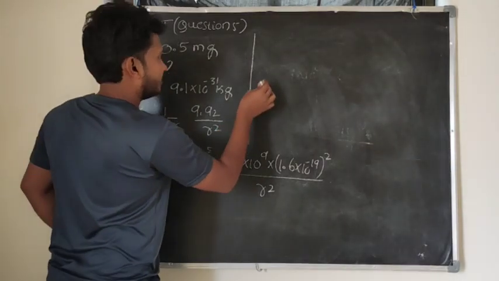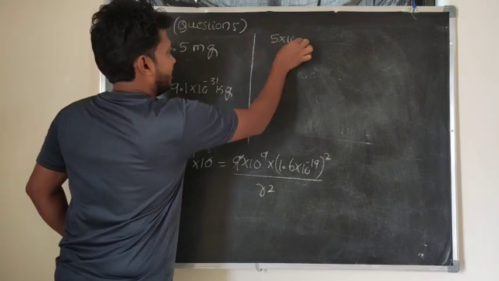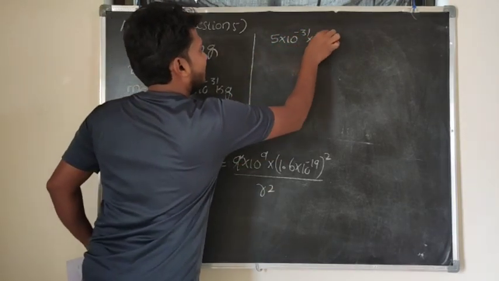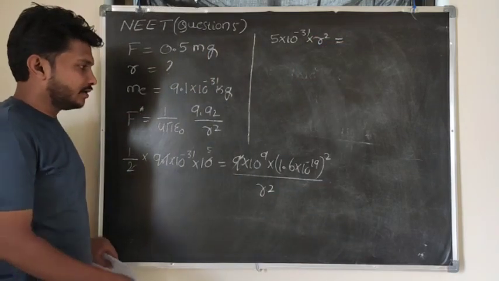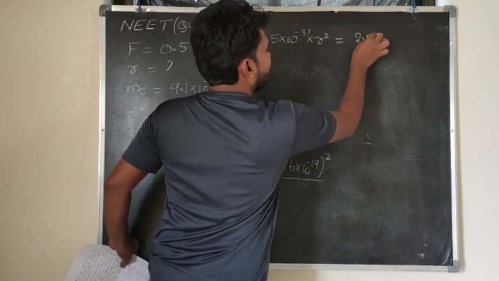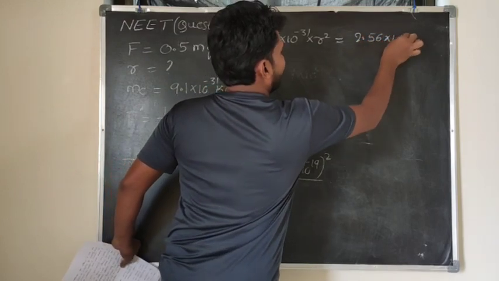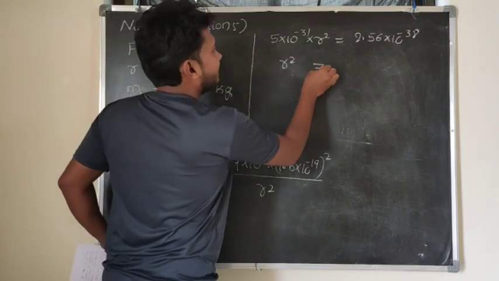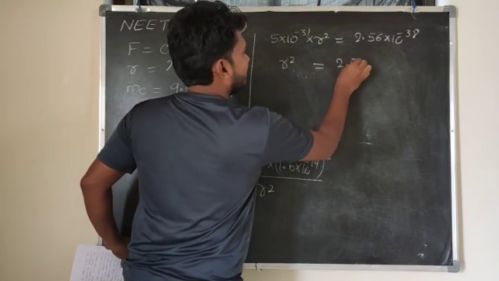So 5 into 10 to the power of minus 31 into r square is equal to 1.6 into 1.6, that is 2.56 into 10 to the power of minus 38. So r square is equal to,